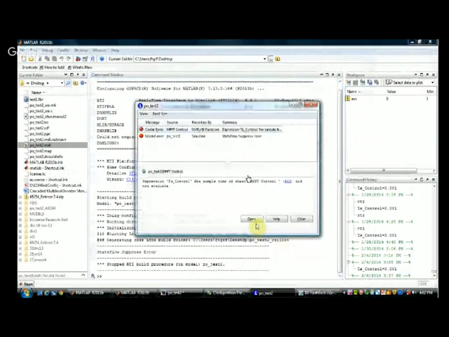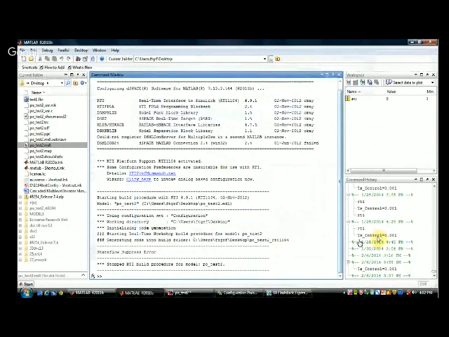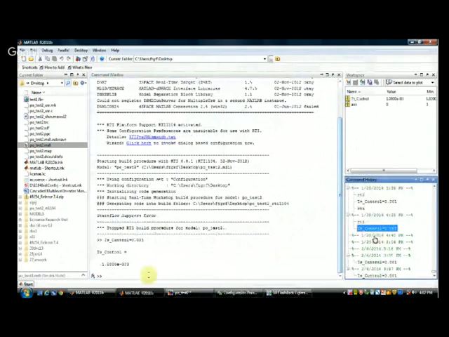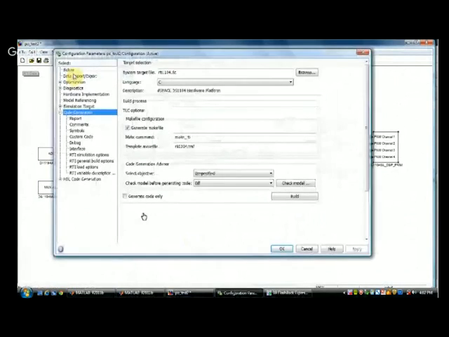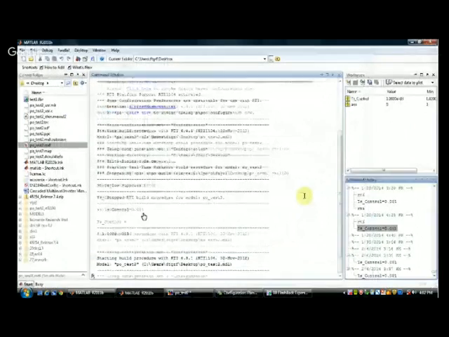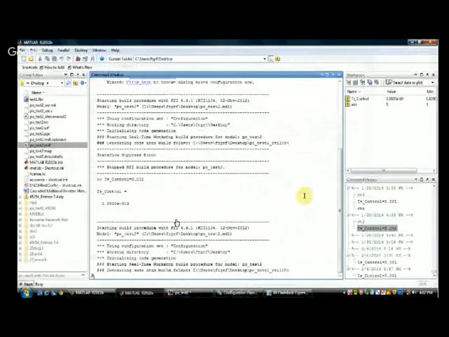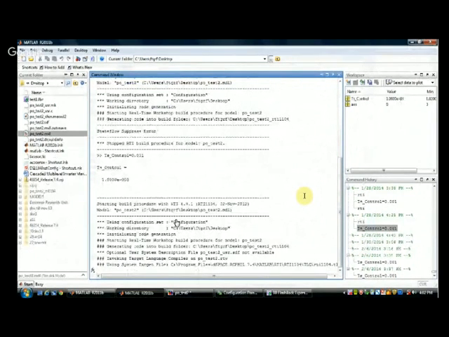So it's a small error it is giving. The problem is I had masked this and given a TS control value, and I did not define it before the program run. So now I have given the TS control, the masking value I have given, again I am building the program. Once again I am doing the same procedure. Because whatever block you have made in Simulink, if you kept some masking parameter, you have to give those masking values. That masking also I have already taught you. So now the program is running. It is getting flashed.